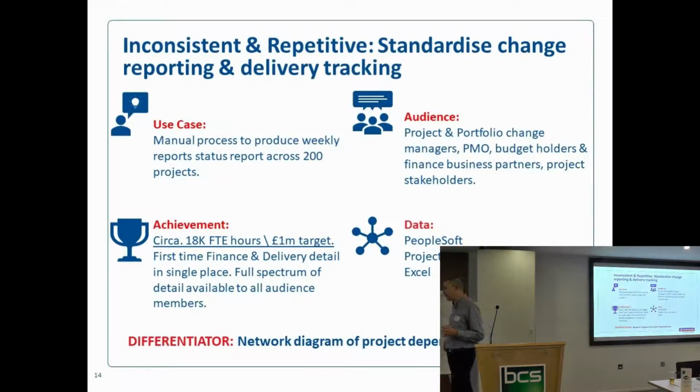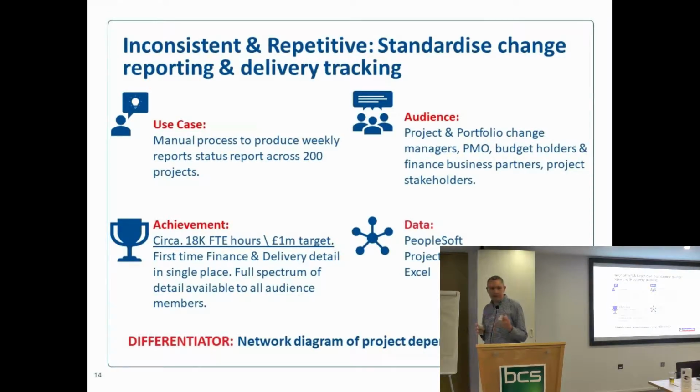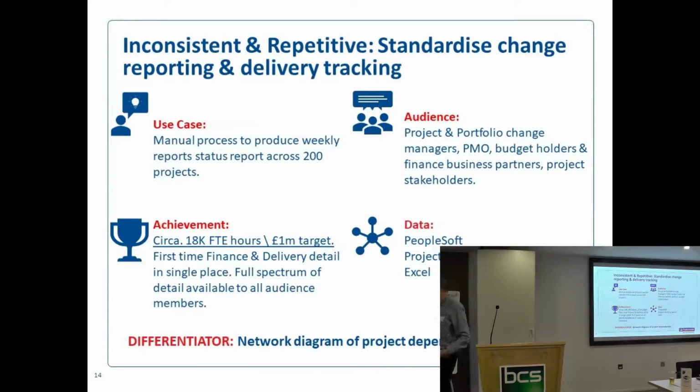What it also didn't do at Nationwide was it only talked about project status, it didn't talk about money. That was a separate conversation that happened somewhere else with a different group of people. What we really needed to do was bring all of that stuff together. So there's a story there about people really understanding how that project's performing to get the best out of it. Now, we took a bit of a punt on the numbers, but that was worked out by the PMO. We're partway through the year, so I haven't realised £1 million of benefit yet, but we're on the way. But it really is the first time now that we can have much more joined up conversations because we use the tooling to bring the data together,